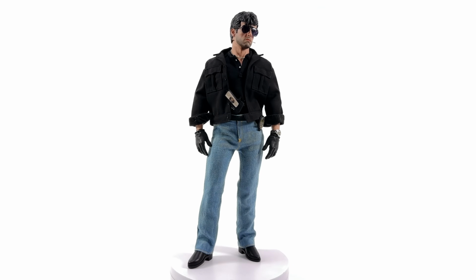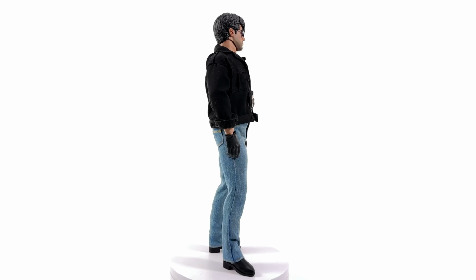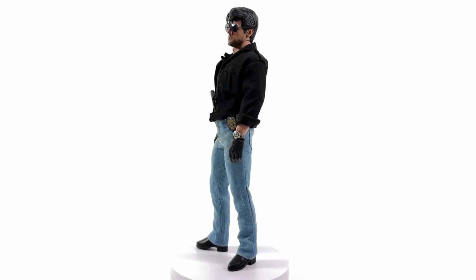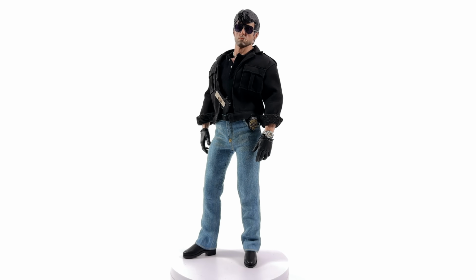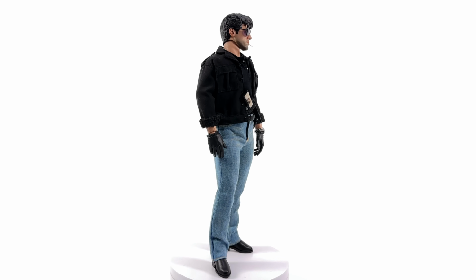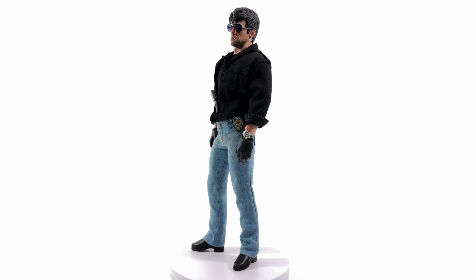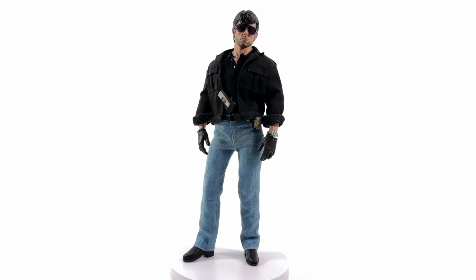Wrapping up on Sly Stallone Shop's second figure, Cobra. If you are a fan of the film and you're a fan of Sly, what the hell are you waiting for? Go ahead and get this before it's gone. I'm pretty sure there won't ever be any other 1/6 scale figures of Cobra. This is a one and done type of thing. It's also just